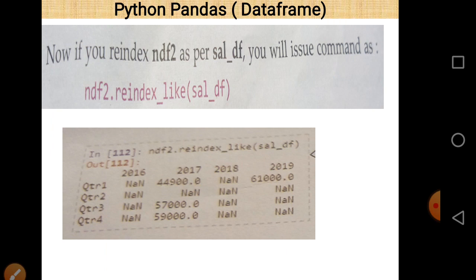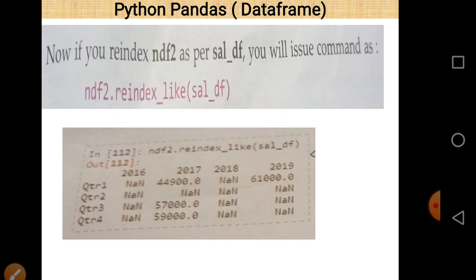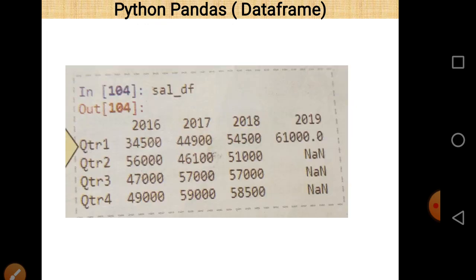In SAL_DF there are 4 columns named 2016, 2017, 2018, 2019, and since we reindex NDF2 according to SAL_DF, these 4 column names appear, which are part of SAL_DF, and also there are 4 index values Q2R1, Q2R2, Q2R3, Q2R4, which are part of SAL_DF.